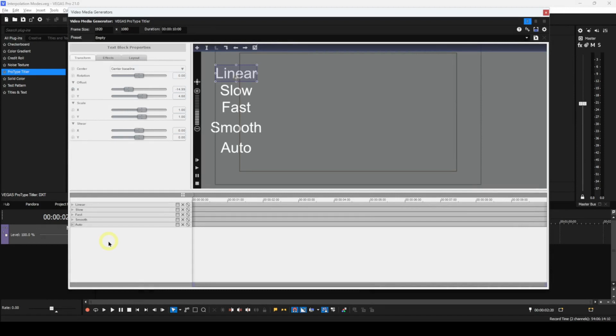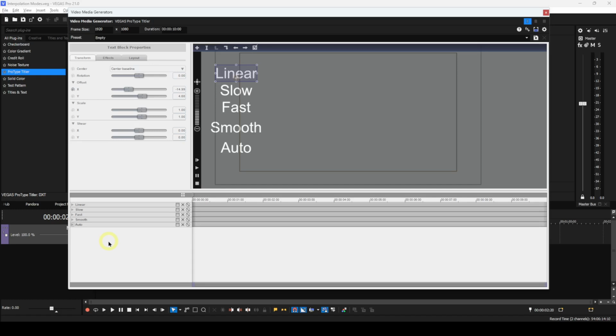Before leaving this section, I want to mention something that I haven't dealt with before. It's to do with the timeline. If you look at the timeline for each of the text blocks, you'll see what looks like a bar running the complete length. This represents the active timeline for the relevant text block, and by default is the length of the event. You can adjust this bar to create a different active timeline than the one on the Vegas Pro